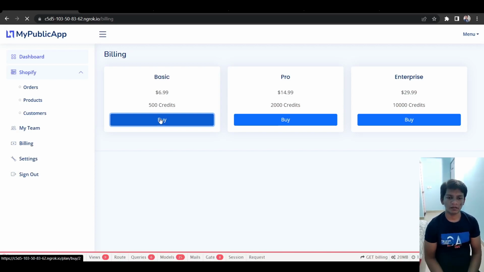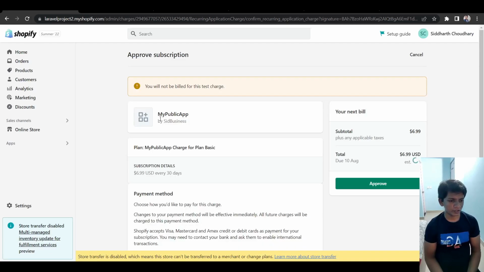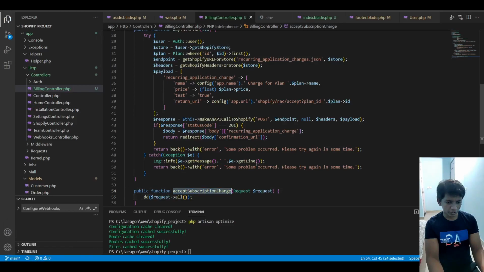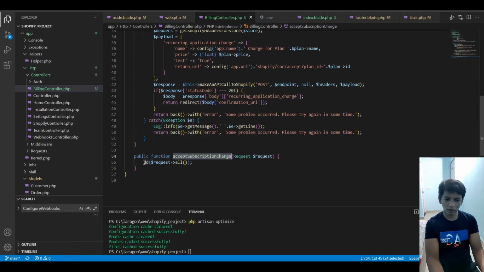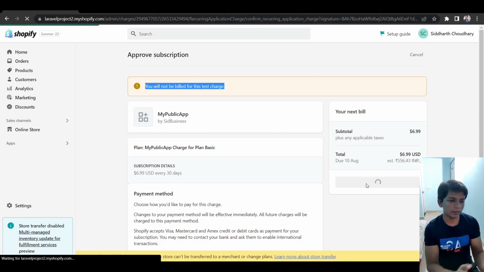If I hit buy, yeah, then I get redirected to this page and I can approve this. So it says you will not be charged for this. So what I have done is we are not going to give them the credits unless they approve of this charge. So on the accept subscription charge, I'm just DDing out what the request I will receive, and let's hit approve. Let's see what happens. So if I hit approve,